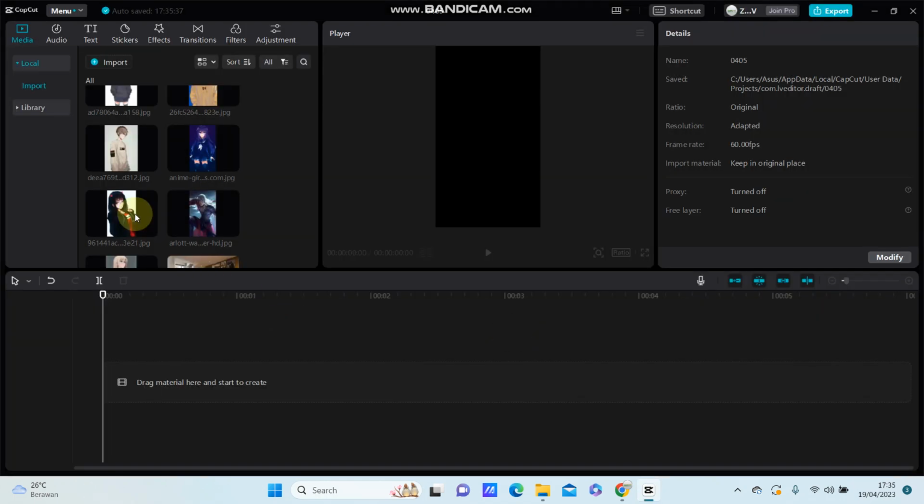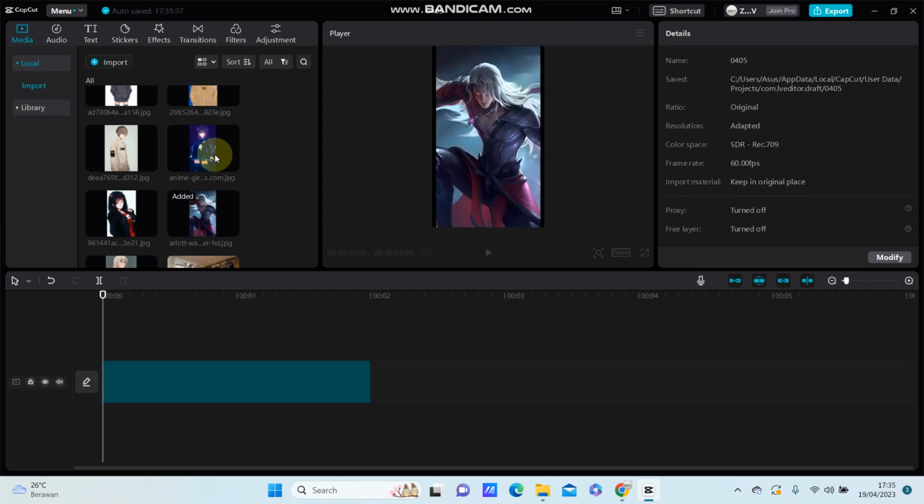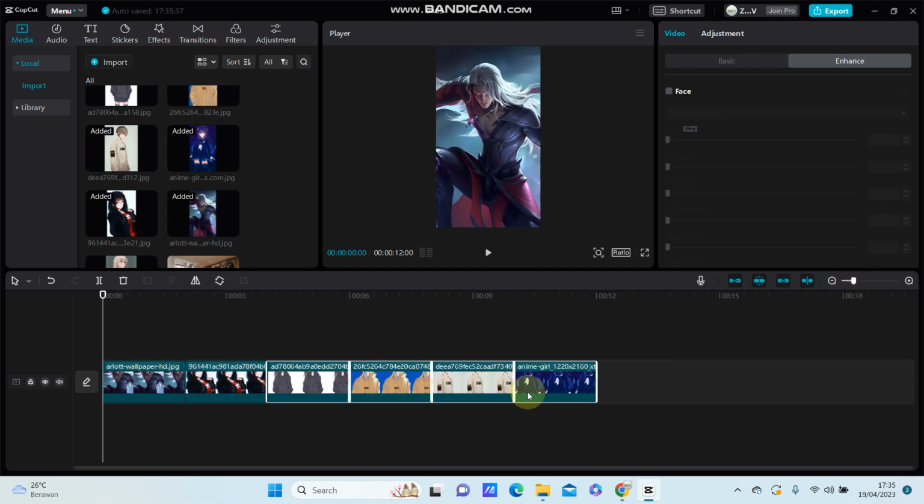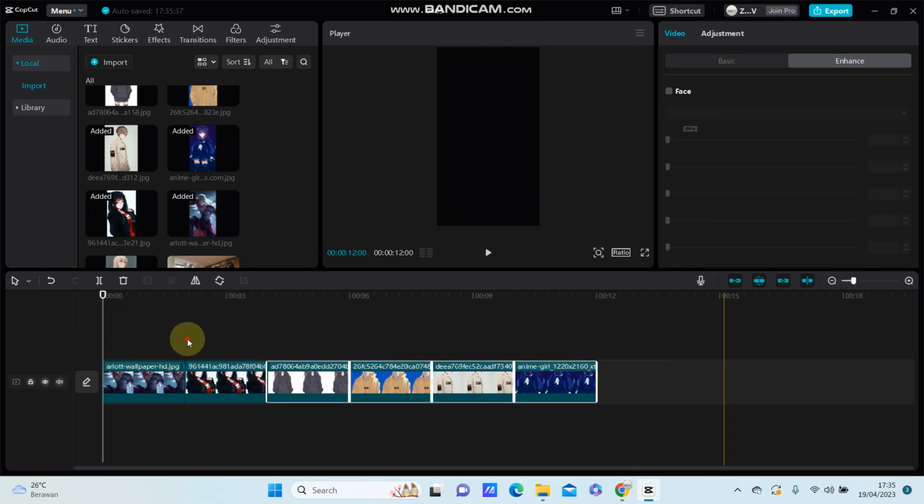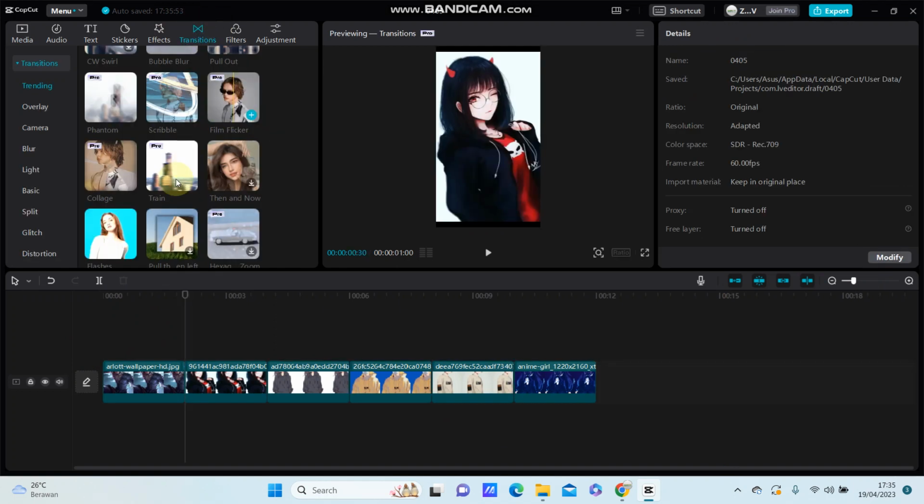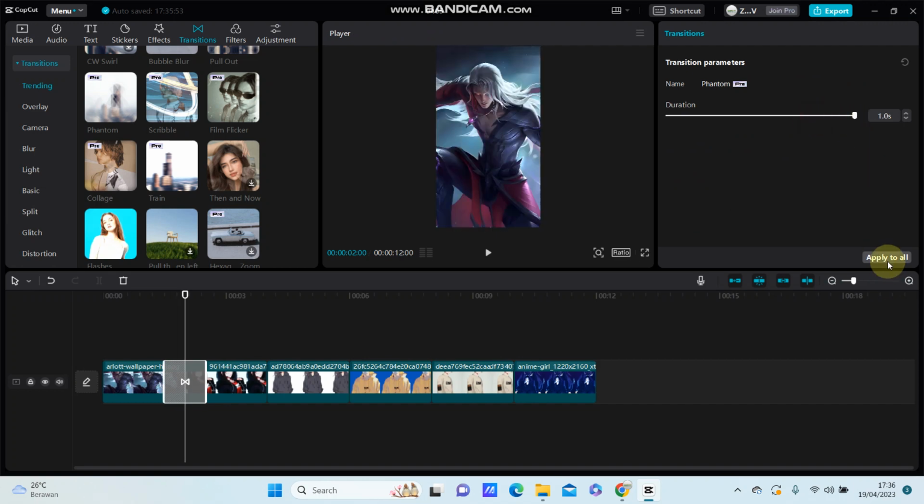So add to track, right? So you can add the transition, click transition and select the phantom. This for the duration 1.0 second. Apply to all the clip. See the result,